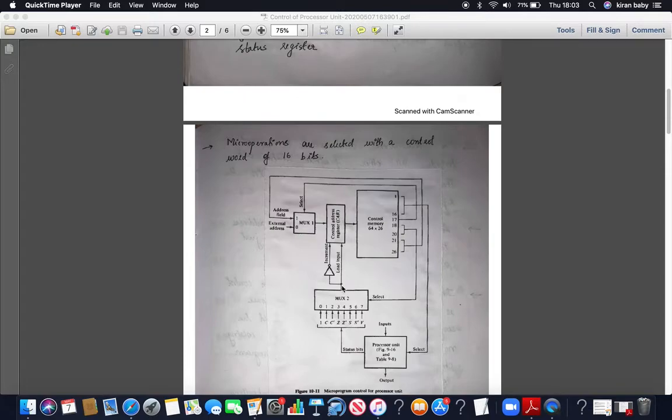So if 0 is the selection bit, the load input needs to be incremented. Now, since carry is 0, carry dash, C dash, is 1. So if 1 has been selected, then the load input here is either from an address field or from an external address.